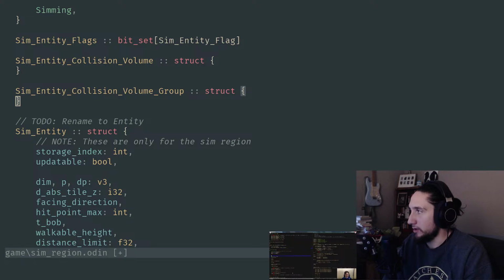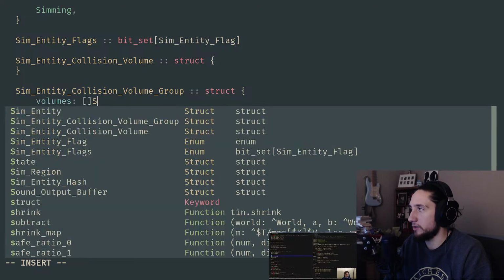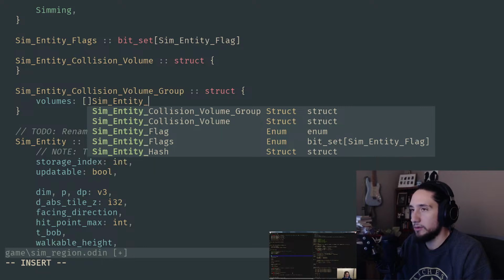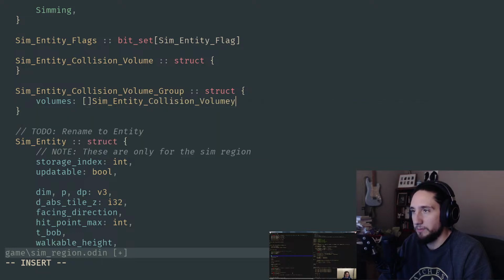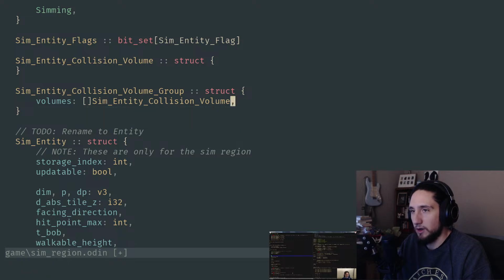So he's doing a many pointer, which indicates to me that this ought to be a slice. So volumes is just going to be a slice, because the slice will contain the count, the number of volumes baked into it when we make the volume and group. That just seems pretty straightforward to me. So we have a slice of some entity collision volumes. I'm kind of tempted to just call them